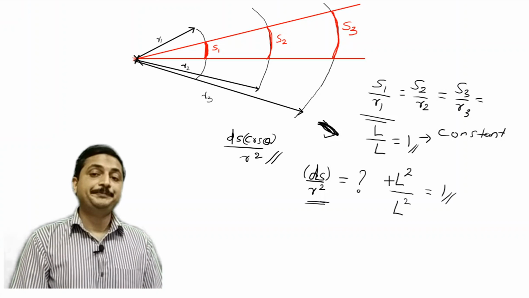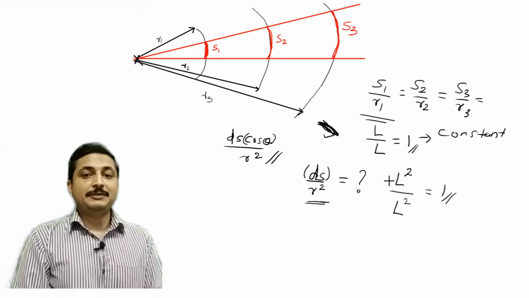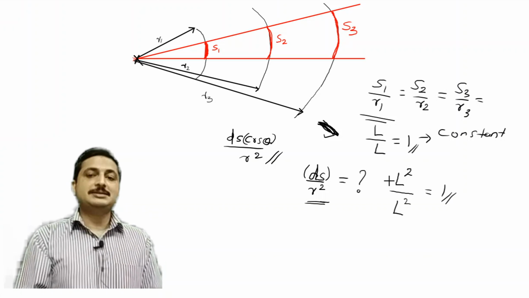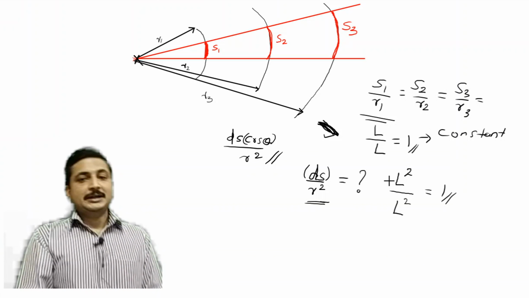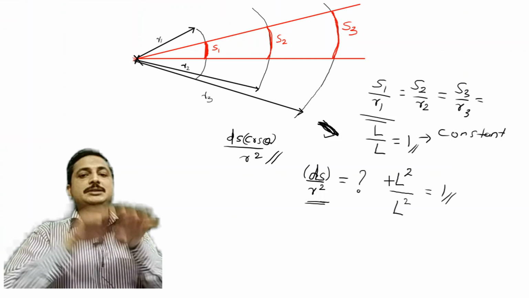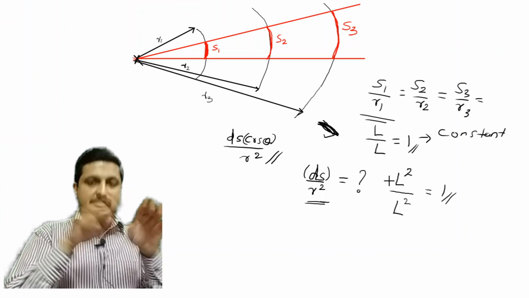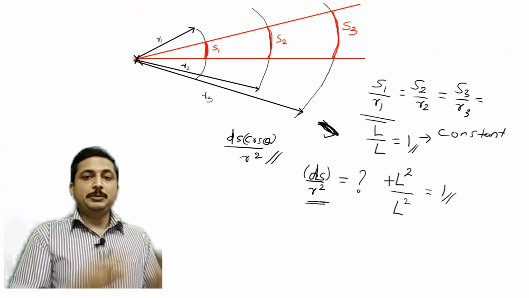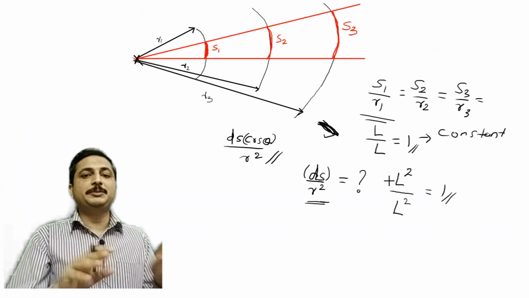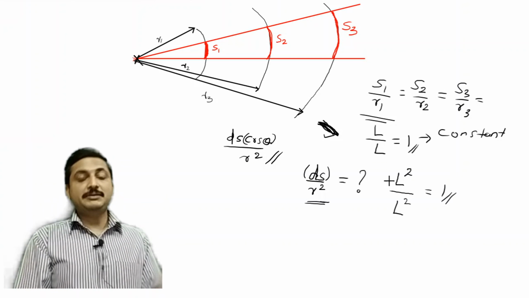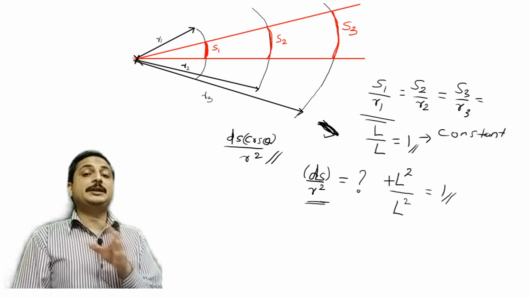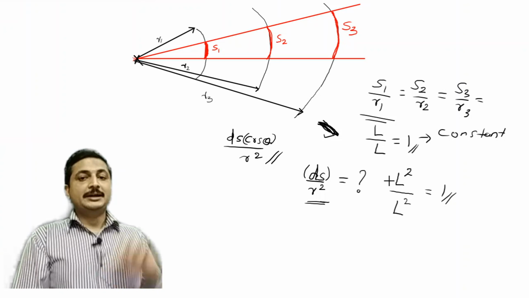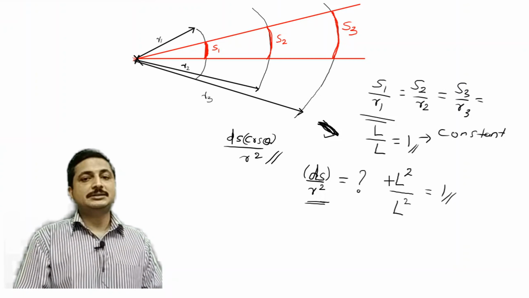We have to project the present arbitrary surface onto a circular surface, otherwise we have to consider a circular surface itself. But if you take a circular surface and do the derivation or proof, then that will be a proof only for a circular surface. It will not be a proof for any surface. That's why we are taking an arbitrary surface. Now I am going to project this arbitrary surface onto a circular surface. Let us see how to do that.